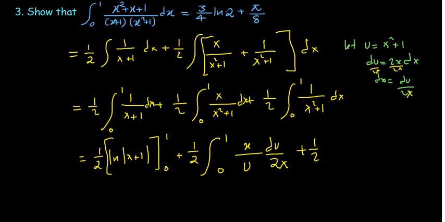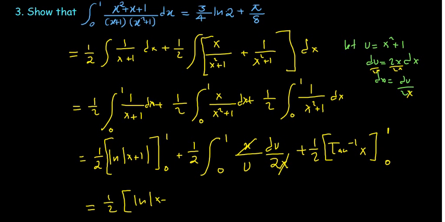And so therefore, the integral of 1 over x squared plus 1 is tan inverse of x. What are our limits? Our limits are 1 and 0. So we can see that this x can cancel out with this x. So what we are going to have here is 1 over 2, the natural log of x plus 1, with limits 1 and 0, plus